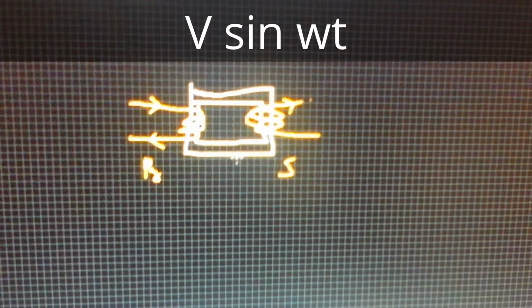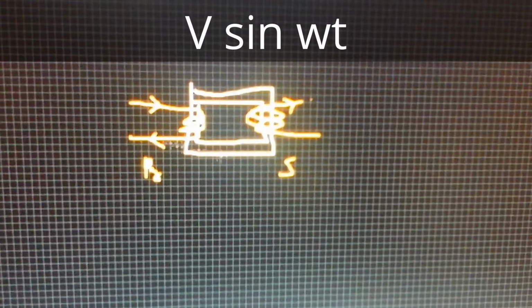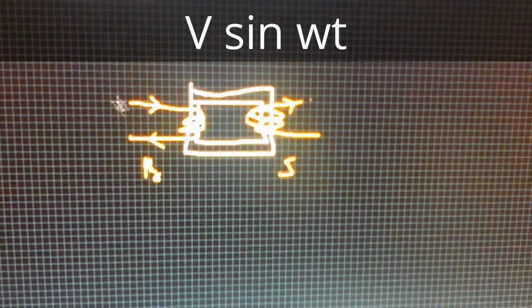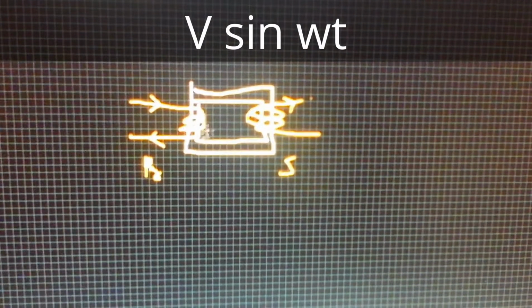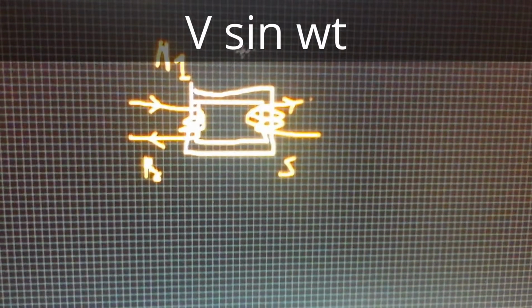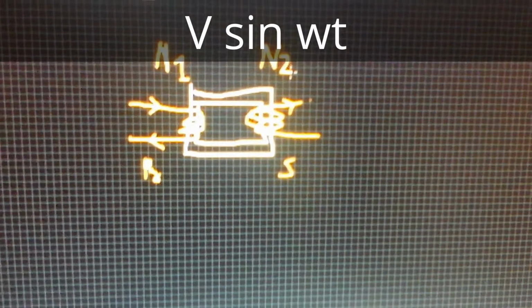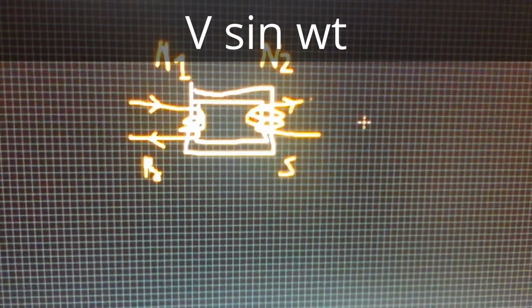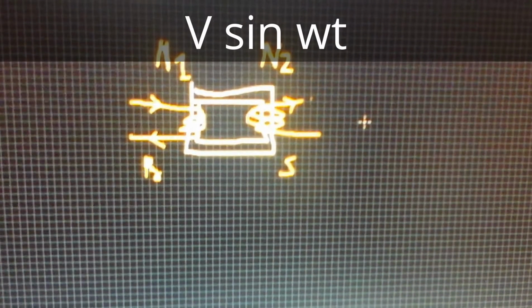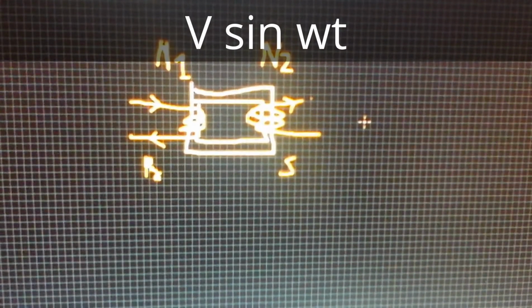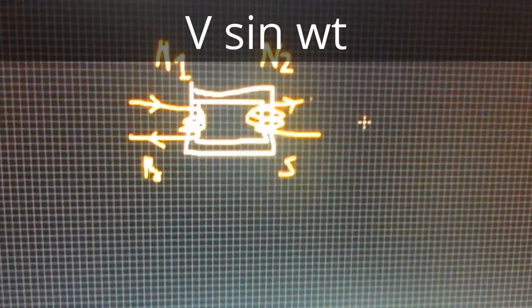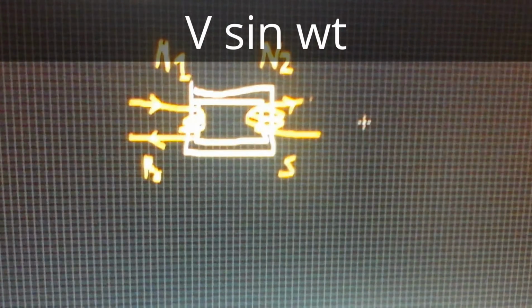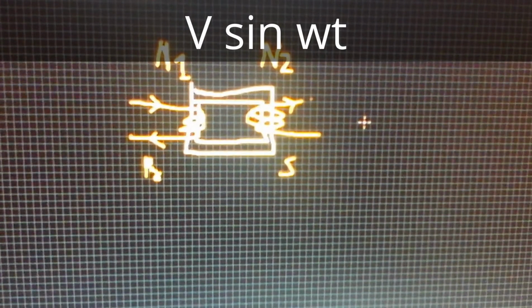So how does this change the magnitude of the current and voltage? If we put N1 number of turns here and N2 number of turns here, and we have more turns on this side and fewer turns on that side, we will get a lower voltage, because you can see that if we have more coils, we will have to shorten the thickness of the wire, and on the other